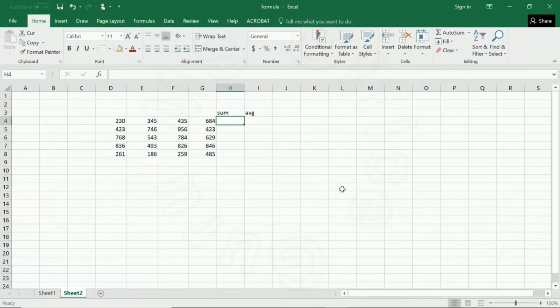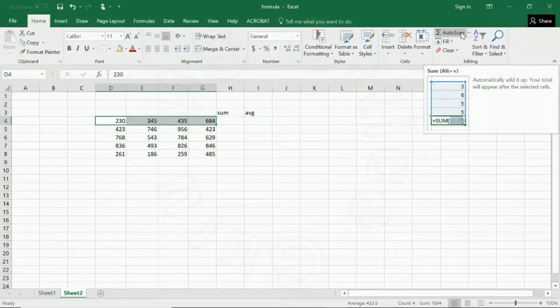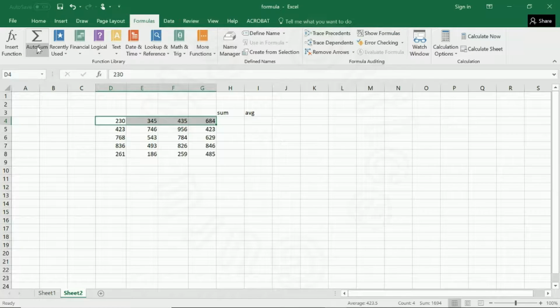Let's get started. So far we have seen the basic functions we can use in Excel. However, without typing, we can do the same using Autosum. You can find Autosum either in the Home tab to the far right or in the Formulas tab towards the left. I have selected the 4 cells I want to add, and now from the drop-down of Autosum, I am